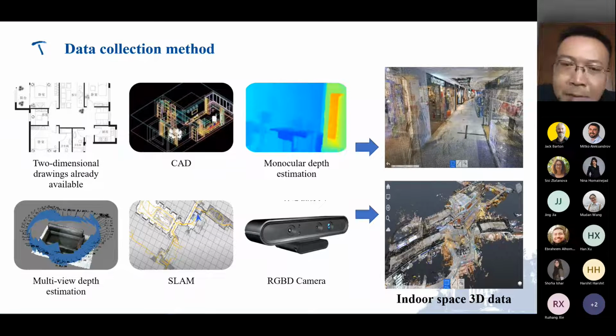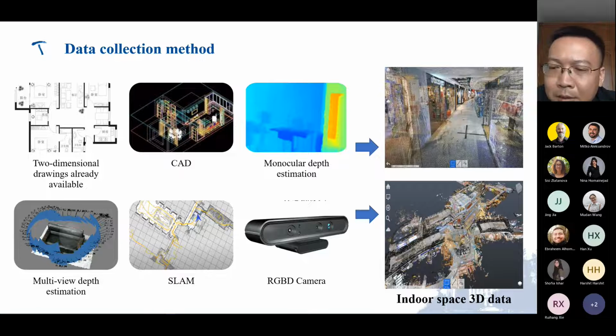Consider the indoor. Actually, we have some very special data set, like the two-dimensional drawings from the construction of the building, and also the CAD, and also we can have SLAM and the structure from motion way to have the indoor data set. I would say indoor acquisition of the three-dimensional point clouds, I think the question is more complex because